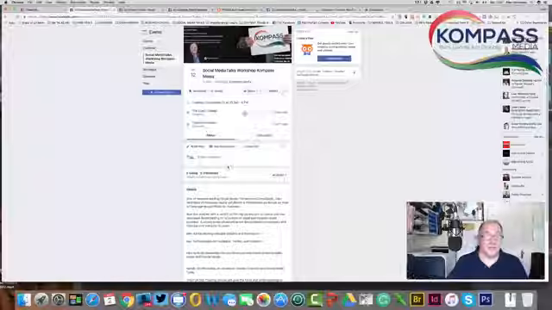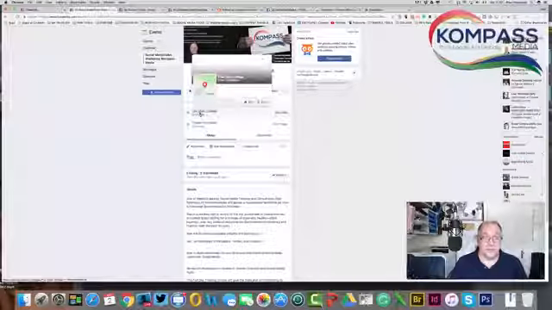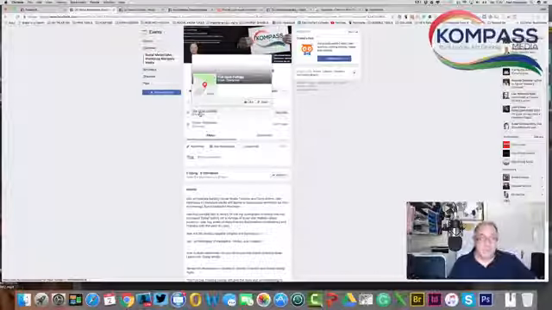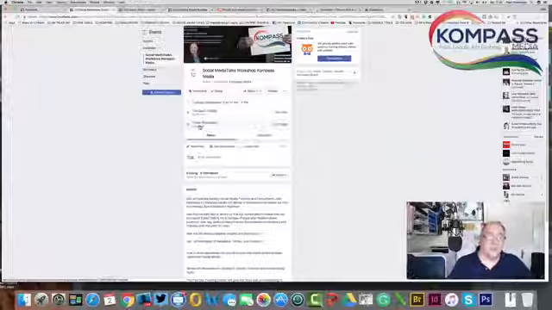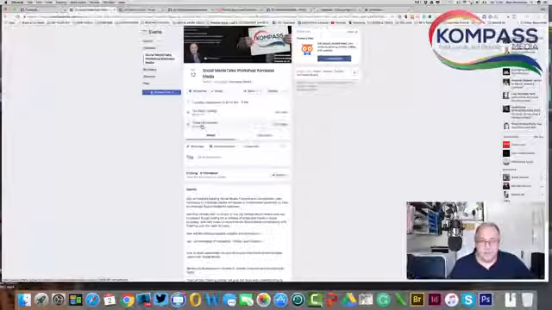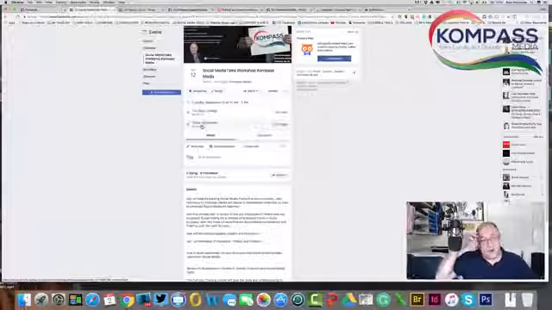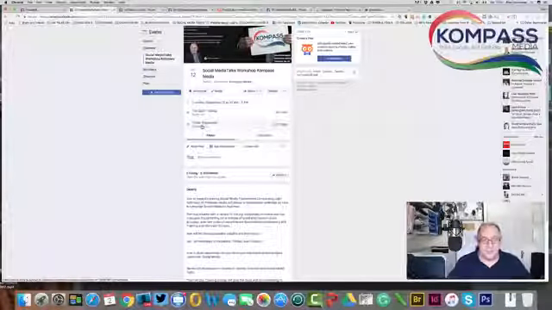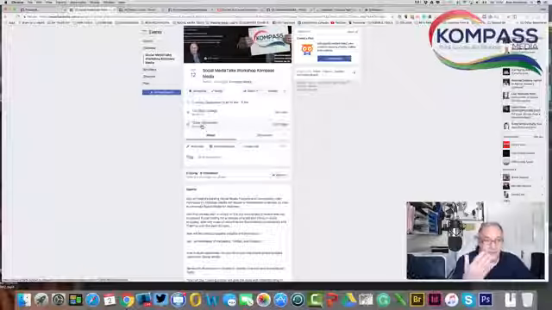And it also gives you the time. It gives you the location, so it even shows you a map of where it is, because it pulls that information in as well from Eventbrite. And then it also shows you the link to buy your tickets on Eventbrite. So if you're having a free event, or if it's a paid event, it shows you